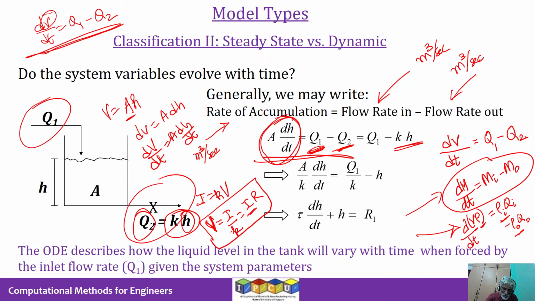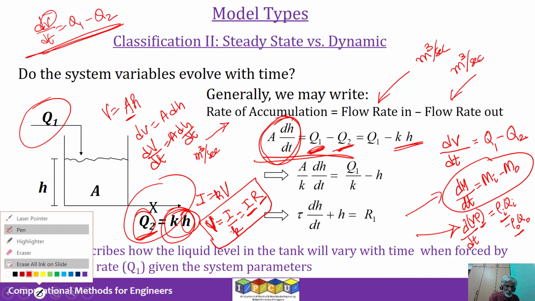So the current flow in a circuit across a resistor is like the flow of current. The water flow is like the current flow, and there it is created by the electropotential. Here it is due to the hydrostatic head. So the concept is the same. The driving forces and the variables are different. This variable 1 by K is like the resistance in an electrical circuit. So there is an analogy between electrical circuits and such systems. In any case, what is important for us is that Q2 can be written as K times H, from empirical observations.